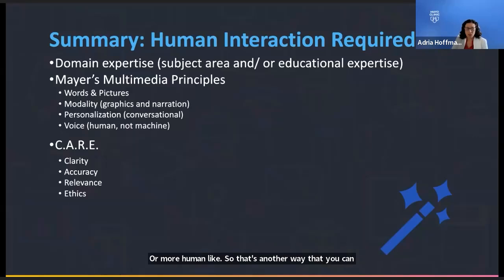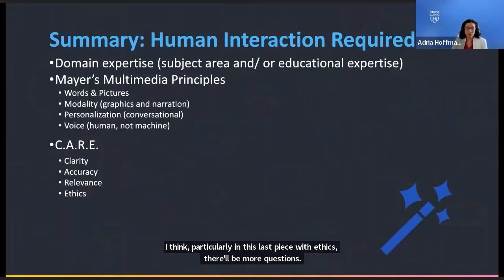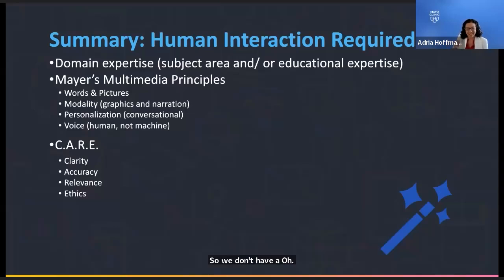We also want to care about our outputs, meaning the clarity, the accuracy, the relevance, and the ethics. And I think particularly in this last piece with ethics, there will be more questions and more considerations as we all learn more about these tools and the tools themselves get better. So we don't have here's exactly what to do in a straightforward manner, like check all the boxes and you're fine. But instead